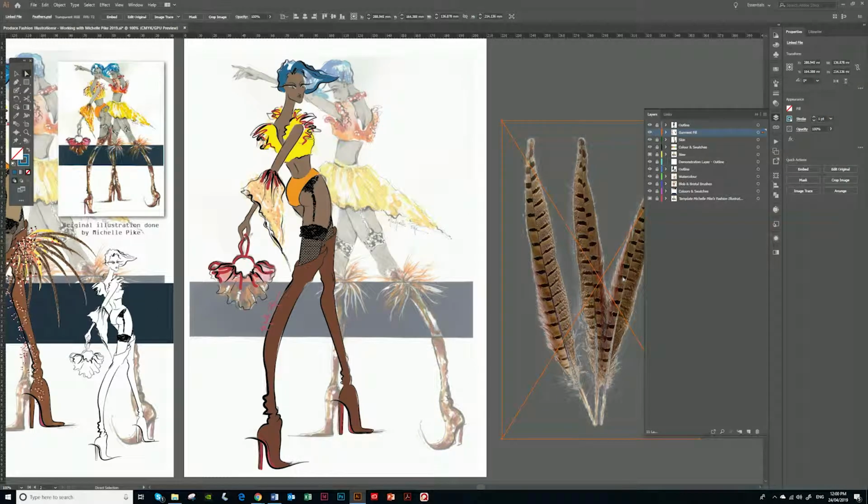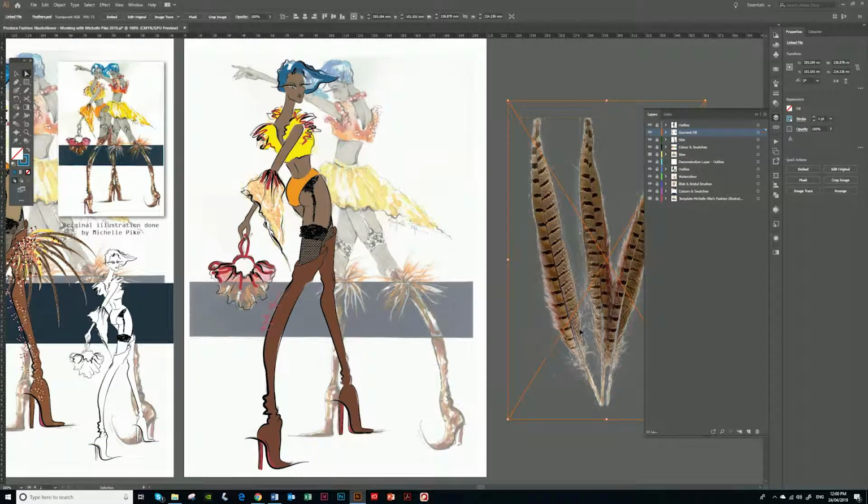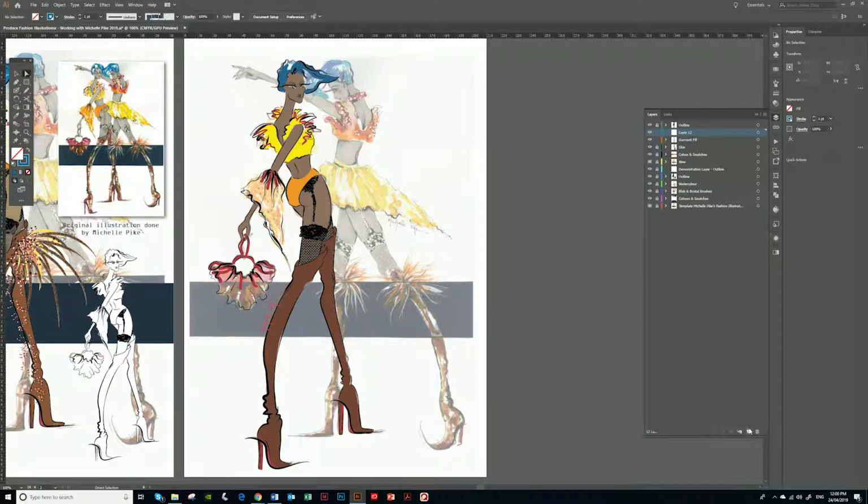As you can see, I have gone away and I've coloured in and added lots of bits and pieces to my illustration. Now it's time for us to start thinking about how to soften it with a few more different effects. So once again, I'm going to create another layer. I've also brought this in, which I might just cut, and I'm going to go a new layer, and this will be